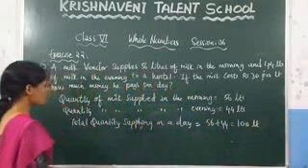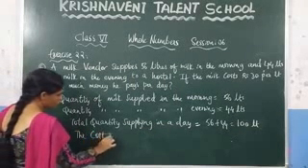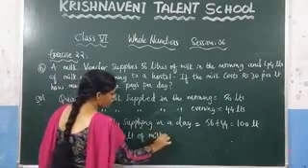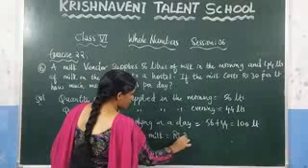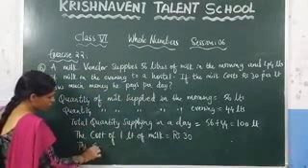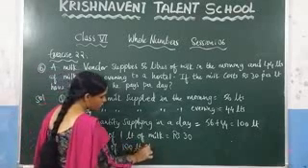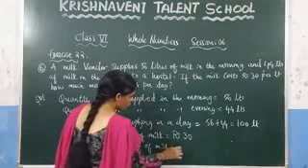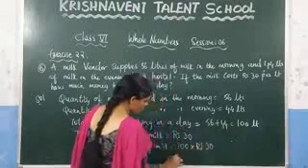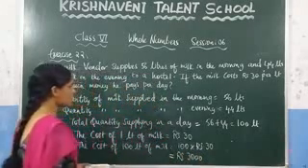Now in the question they have given here the cost of 1 liter of milk. What is the cost of 1 liter of milk? Which is 30 rupees. So here you need to calculate the cost of 100 liters. So write it here, the cost of 100 liters of milk. Just you need to multiply 100 with 30 rupees. So how much will you get here? 3,000 rupees. So this is the answer.